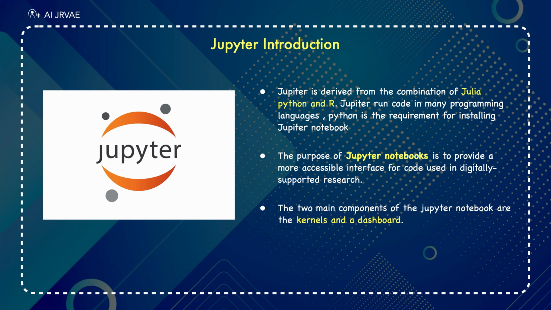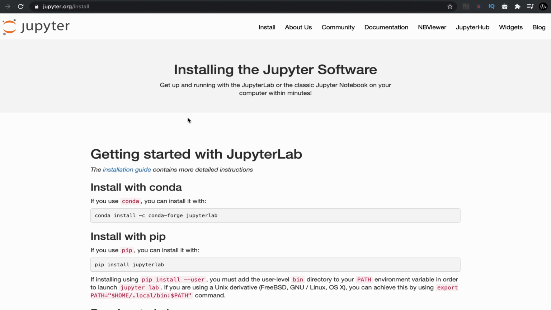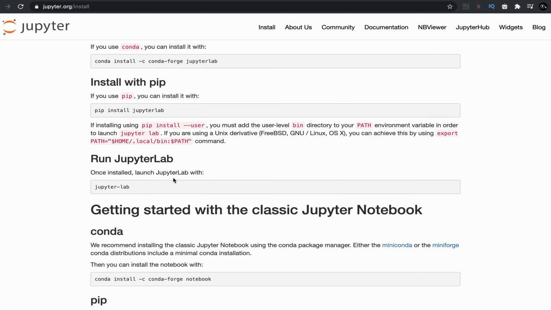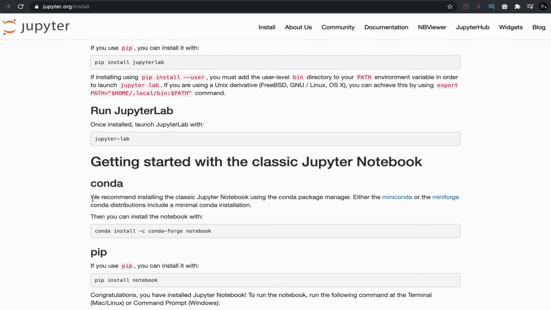Now let's discuss how we can download it. There are a few ways to download the Jupyter Notebook. One is by installing the Conda distribution. Also one can do it with the pip installation method. If you want to install it using pip, I will give you this website link in the description so you can go to it. On the official website, they strongly recommend installing Python and Jupyter using the Anaconda distribution, which includes Python, Jupyter and commonly used packages.